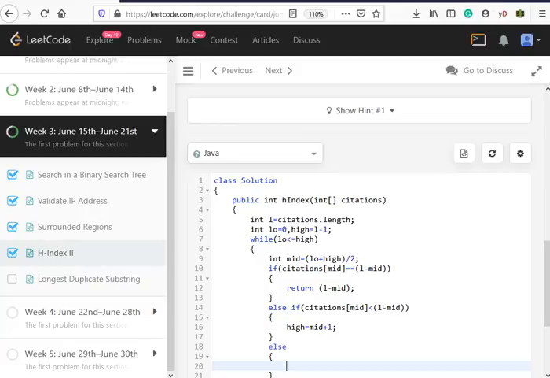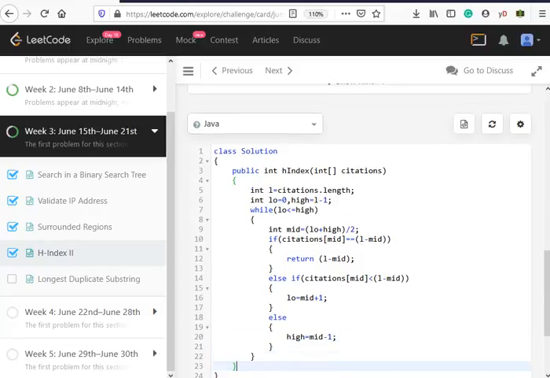And if the citation is greater, then we cannot look in the upper part, we need to look in the lower part. We need not move the high part because high would always be there in the end. We want to move the lower index to the mid plus 1 part, because we need to look in the upper part. So now the upper part would be from mid plus 1 to high, and high always is having the last index, so we just need to move the low. And here in the else part, if it is less, now we need to move the high part, which would be equal to mid minus 1.